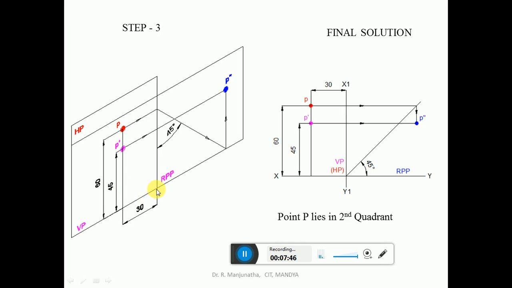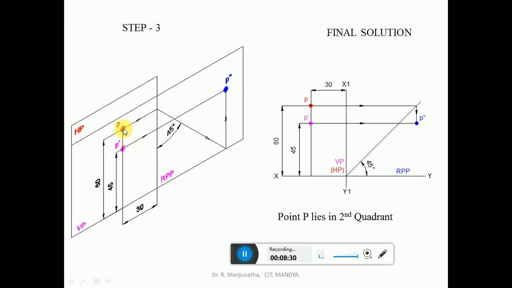The distance with respect to the profile plane is seen in both HP and VP, which has been already marked here, 30 mm. Now we need to draw the image on the right profile plane. In the right profile plane, we can see the distance of both the front view as well as the top view. The distance above HP, which is seen in the vertical plane, when it is projected directly onto the profile plane, we are going to see the distance above HP here. But we don't know the distance now. So this has been projected only from here to here. So we are getting the P double dash should be on this.